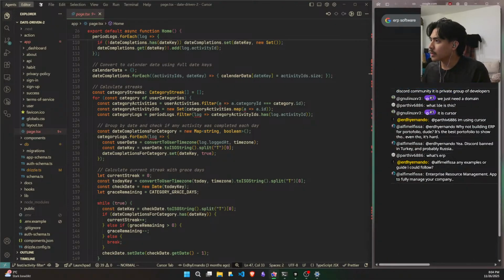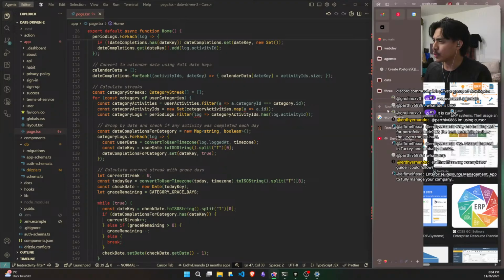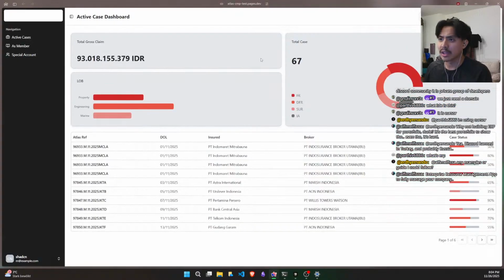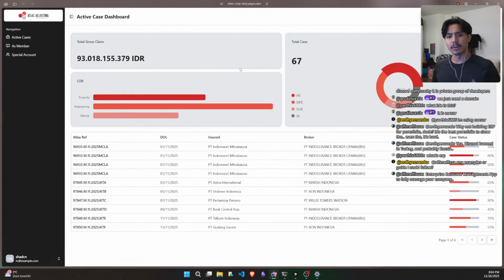Actually, I don't know if you remember, I did make something, but I am still waiting for approval. This app is more like a dashboard, so I couldn't really put it on my portfolio yet because it's still in progress. It's basically a dashboard for the client to be able to see the cases of the company. Maybe it's kind of an ERP, but not fully an ERP. But yeah, it's currently in progress.